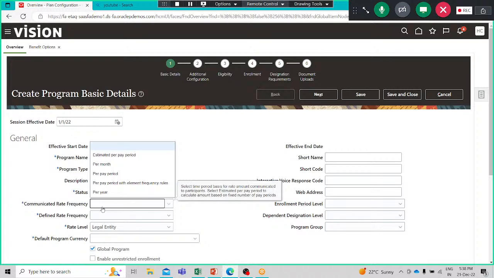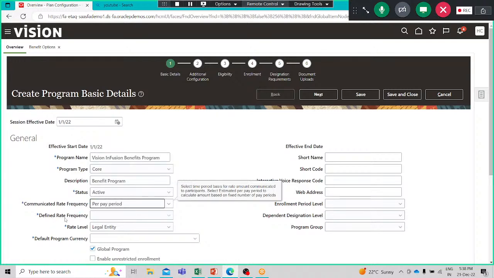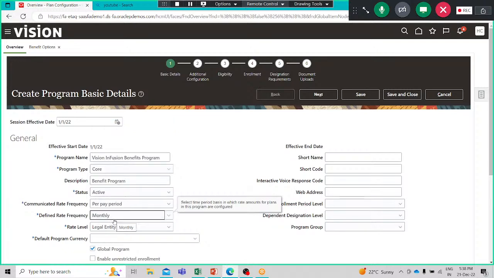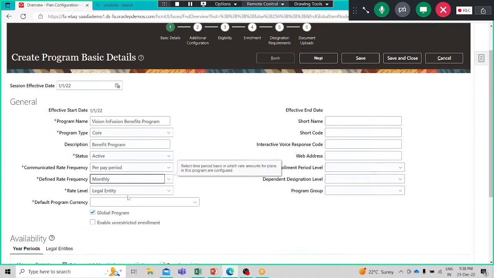It selects the time period basis for the rate amount communicated to the participants, and here we can define the rate frequency also. In the defined rate frequency we are going to select monthly. This is according to the period basis in which rate amounts for the plans in this program are configured,